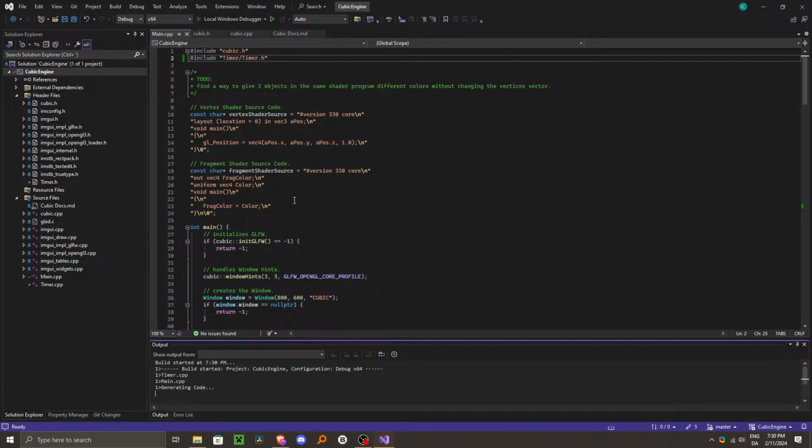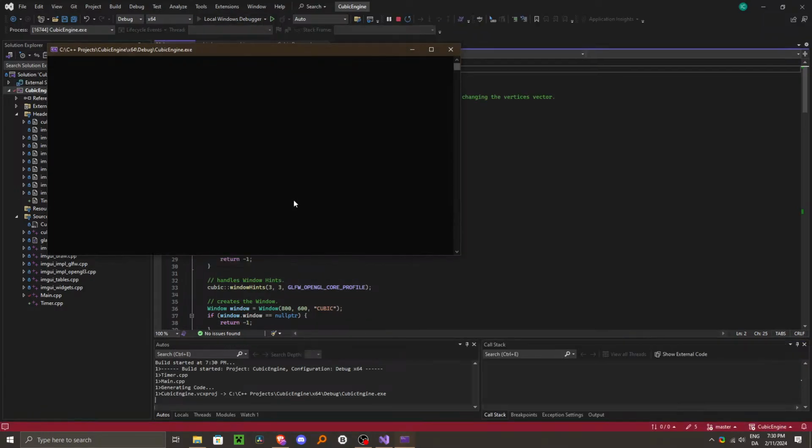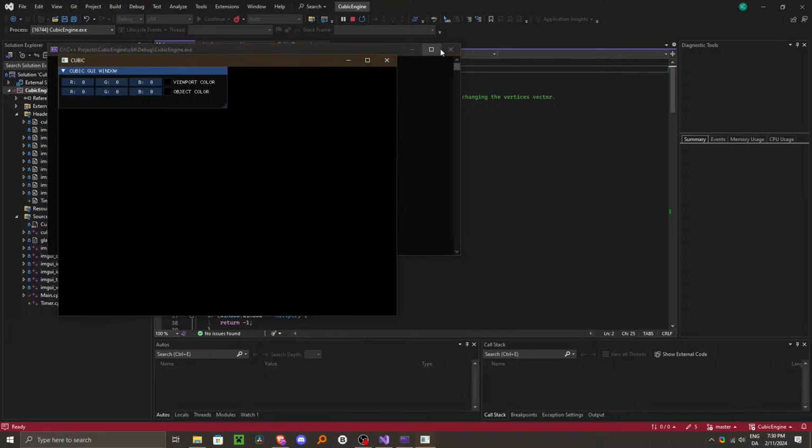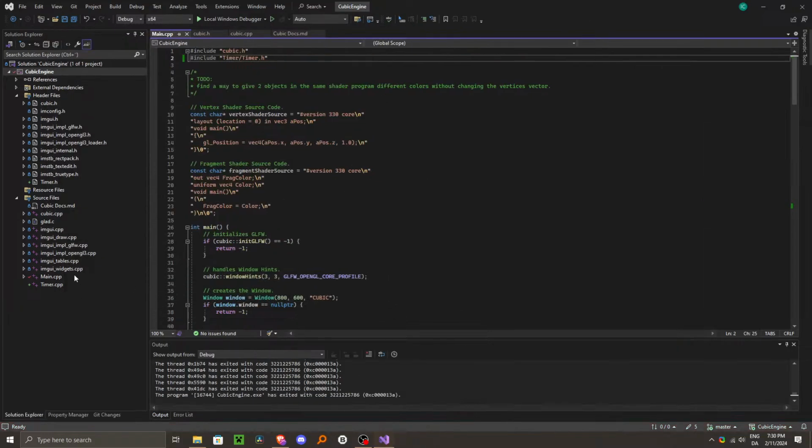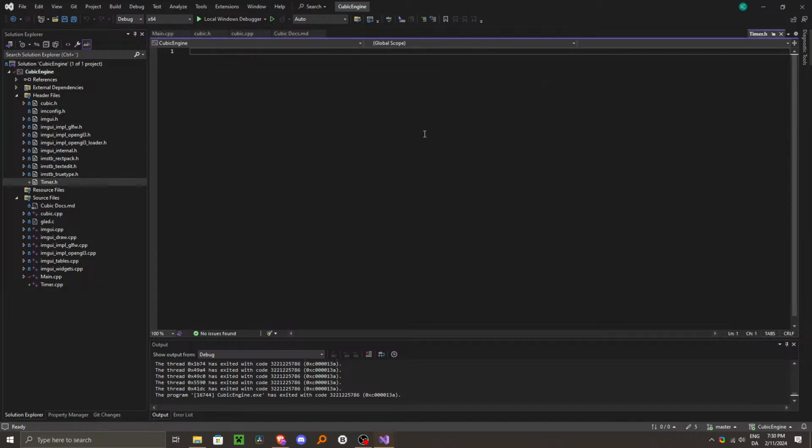If we run this, it should successfully build. Great, build. Okay. So instead of timer.h, we need a timer function that can handle this. So we need to have a pragma once. Hashtag include